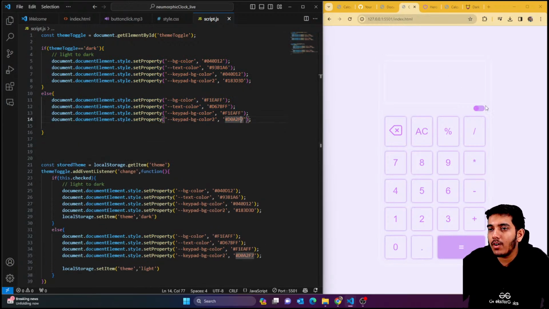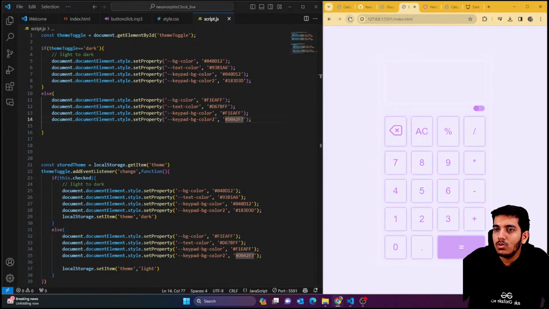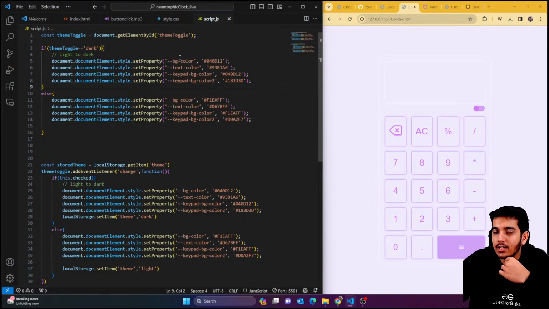So now suppose I make it dark and I refresh, you can see that it's not really working here. The problem here is we are not able to set it. Let me just refresh. Maybe now it would work. If I now refresh, you can see it's not setting the theme. Why is it not setting the theme? Because